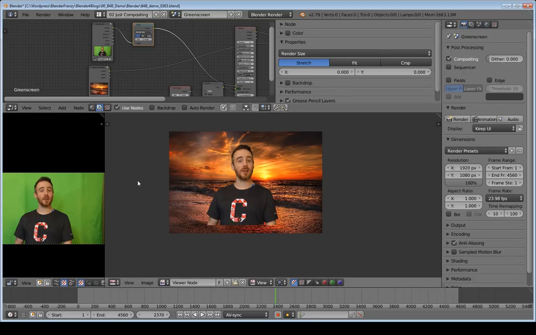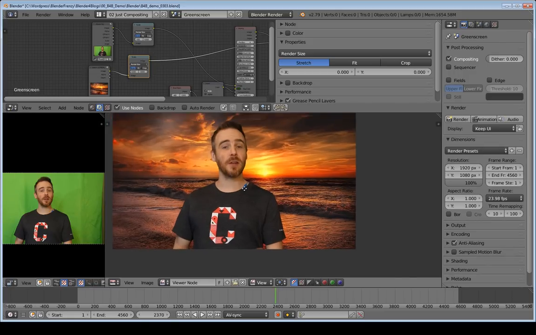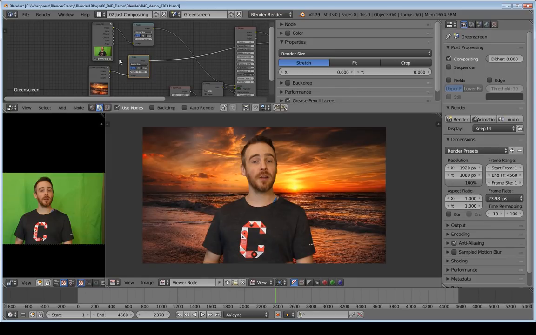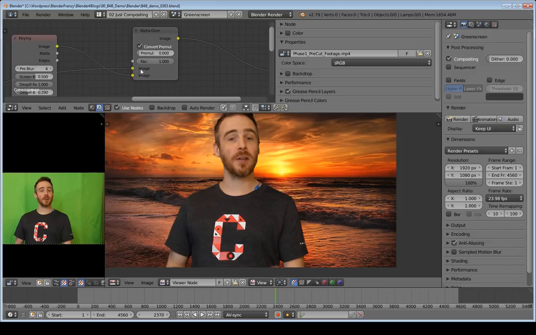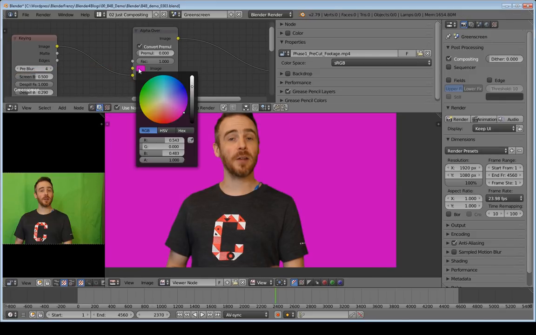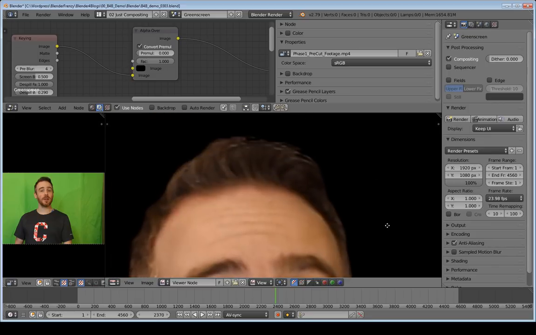So I need to get the background image to do the same. So with the scale node selected, Shift D to duplicate, and then just drop it right on there. And there we go. The image is now the same dimensions as our movie clip. So that looks all right. Very, very last thing I'm going to do here is I'm going to disconnect the background image. I'm going to take that color, move it all the way down to black, and once again, just kind of double check